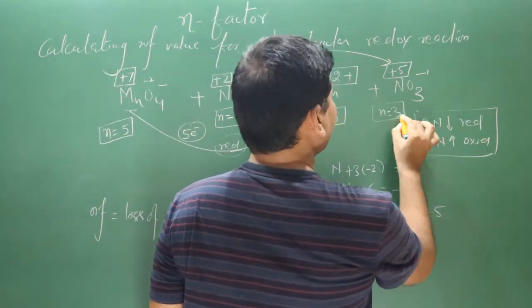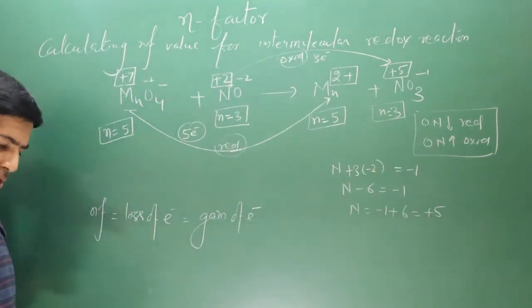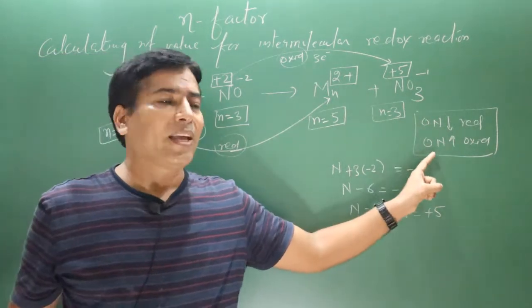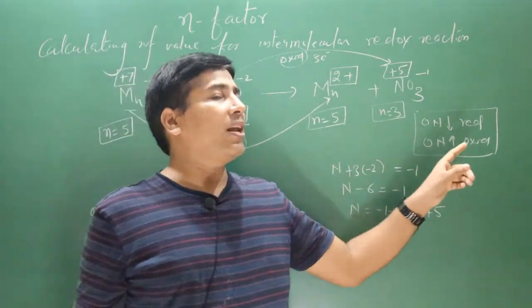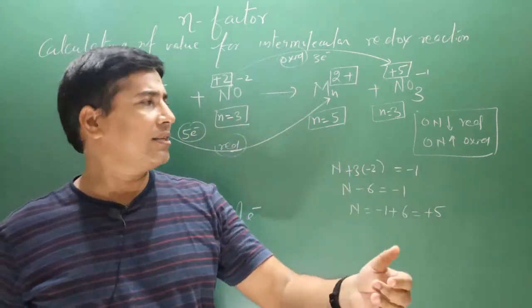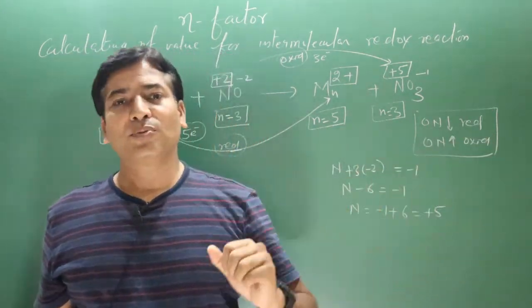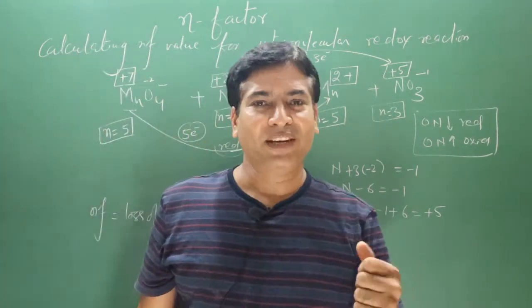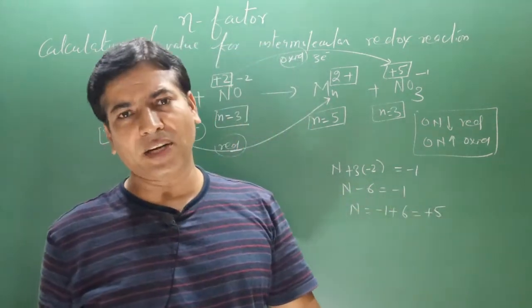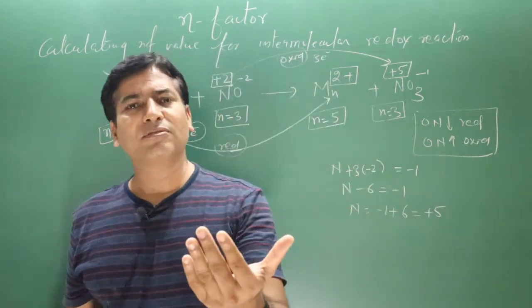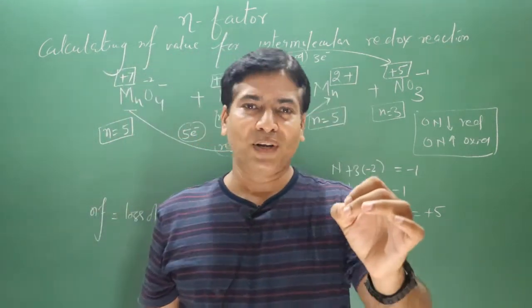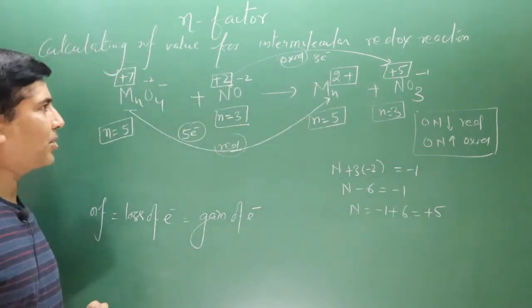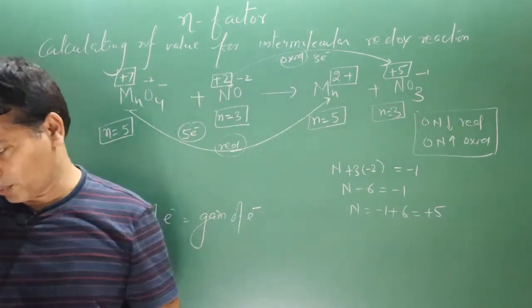So it is a very interesting concept. Whenever you have to identify an oxidation as well as a reduction reaction, always use this concept. If there is an increase in oxidation number, the reaction will always be oxidation. If there is a decrease in oxidation number, the reaction will always be reduction. And by calculating the difference in oxidation numbers, you can calculate the n factor values. It doesn't matter whether it is loss of electrons or gain of electrons, you simply find the difference in oxidation number, and that difference value will be the n factor value for the species participating in the reaction. Let me take some more examples.